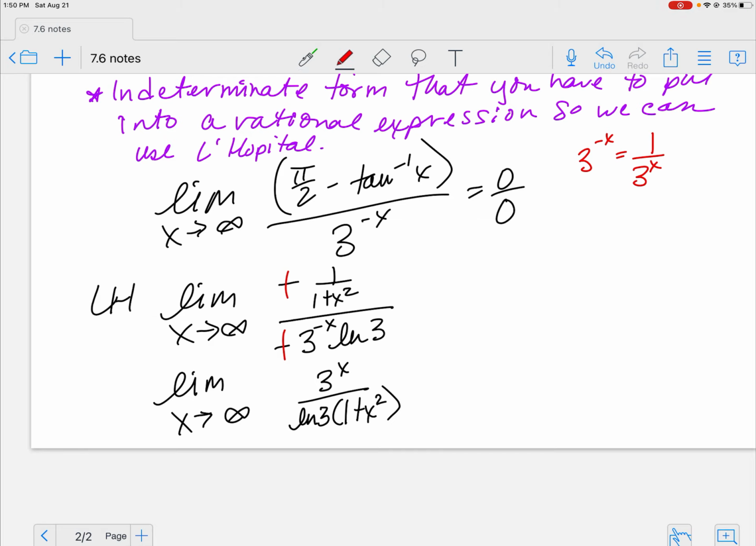I am okay with you going directly to the answer here. Because if you look at this and you say this goes to infinity, the denominator also goes to infinity, right? Natural log of 3 is just a number. 1 plus infinity over 3 to the infinity goes to infinity. Whenever I'm looking at this, you can look at this as infinity over infinity and then do L'Hopital. Or